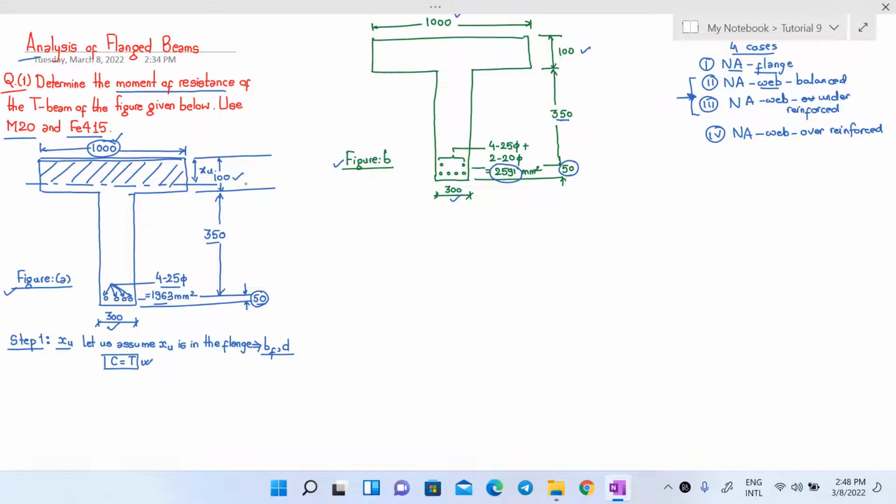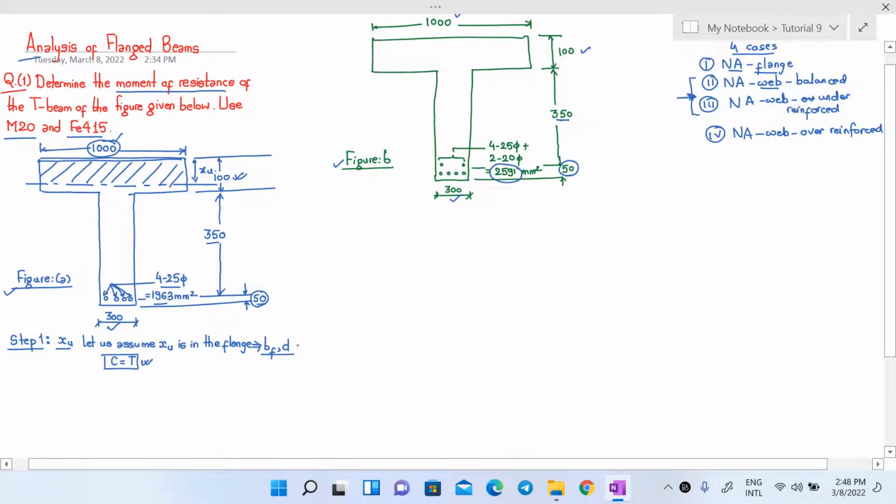Effective depth is 100 plus 350, that is 450 here. Also remember this. So using this equation, we can determine the value of Xu. Xu is given by the formula 0.87 Fy Ast over 0.36 Bf Fck. So 0.87 into 415 into area of steel reinforcement is 1963